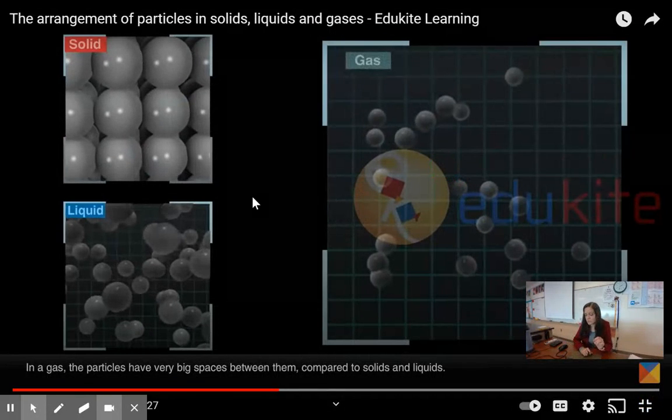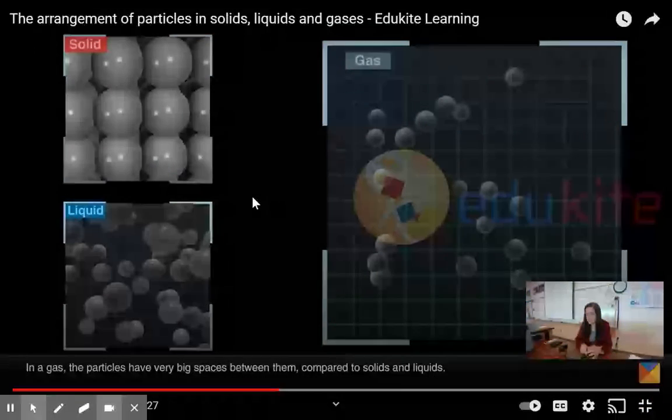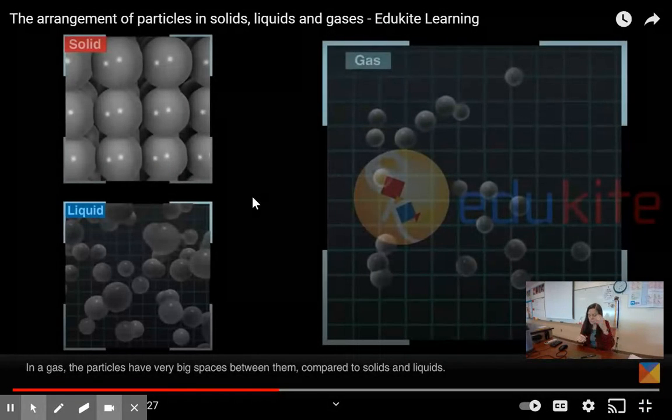Okay, in the liquid, the spaces are a little bit bigger. That's why liquids have a little bit lower density than solids of the same compound, except for a few things. But the spaces still aren't very large. Most of the particles in a liquid are right next to each other, but they are not held in that perfect crystalline pattern that we see here in the solid. They are able to move freely back and forth across each other, but there really isn't much space.